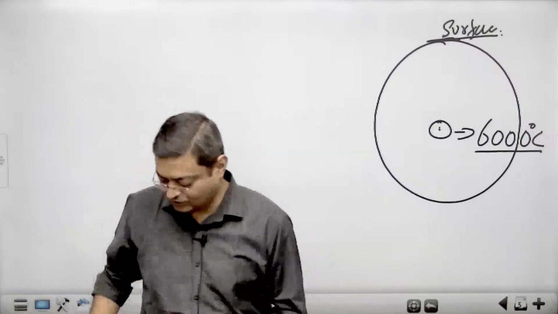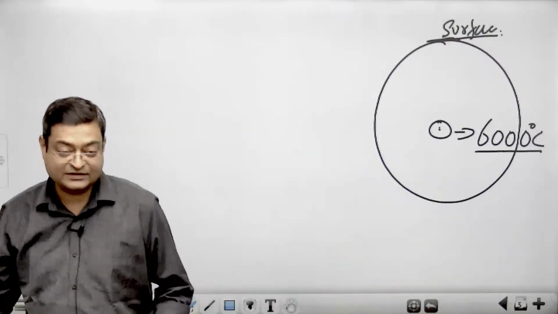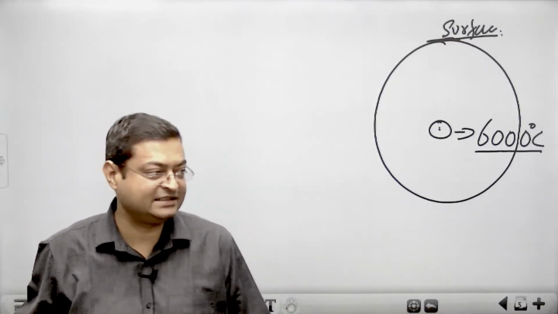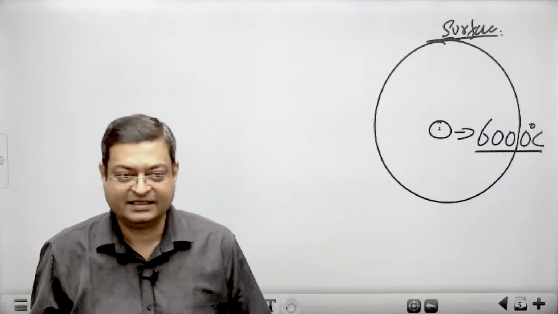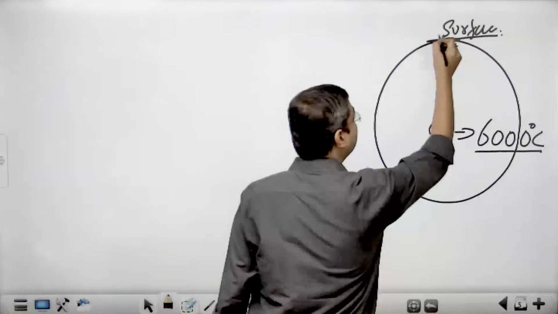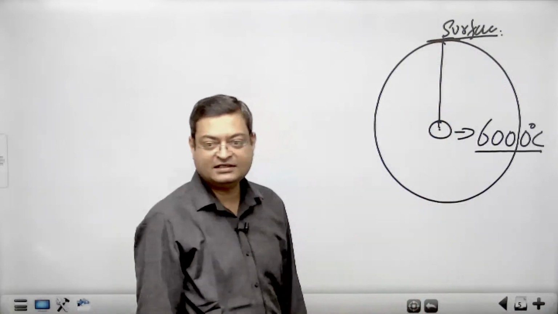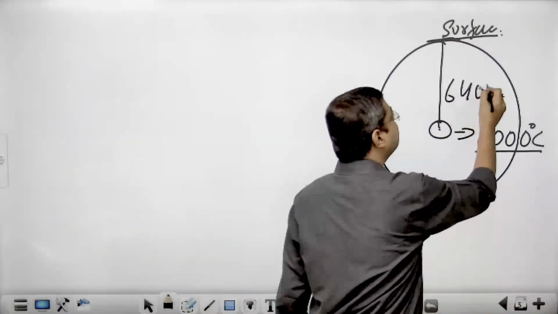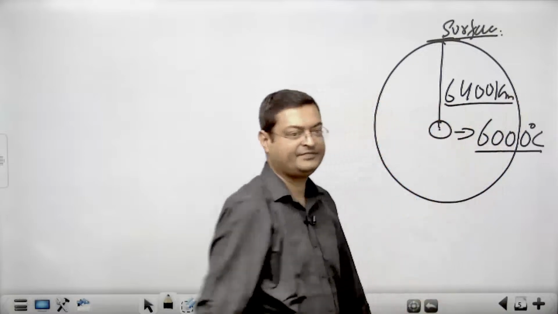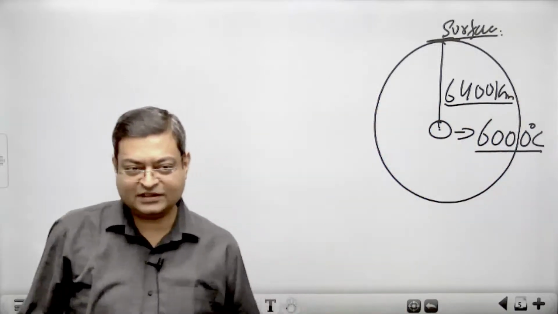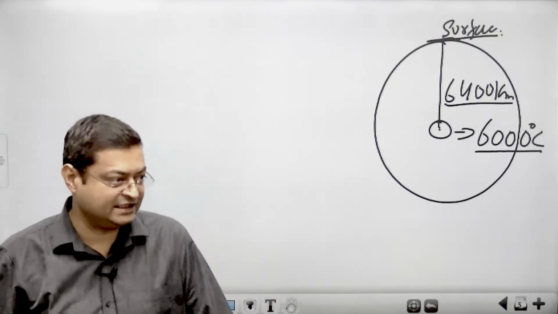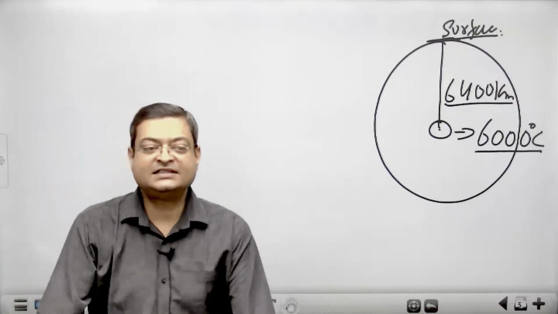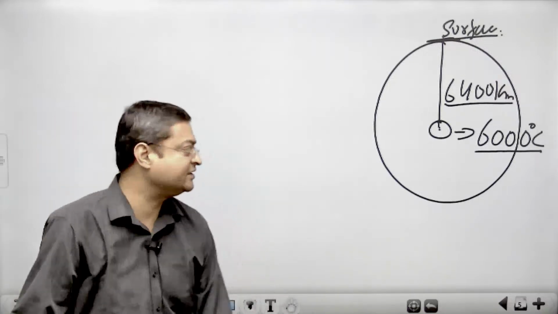and we are situated some hundreds of millions of kilometers from the sun. But still, if the temperature increases up to some 45 degrees centigrade, we say it is scorching heat. And the radius of the earth is only approximately 6372, or on an average basis you can write it down as 6400 kilometers. So if the core of the earth has a temperature of 6000 degrees centigrade, and it is situated only a distance of some 6400 kilometers away, two questions rise.